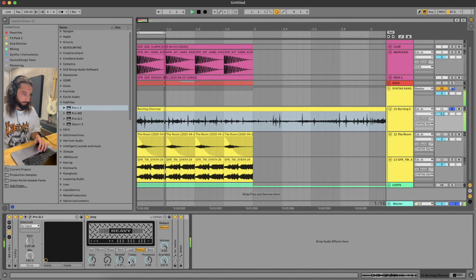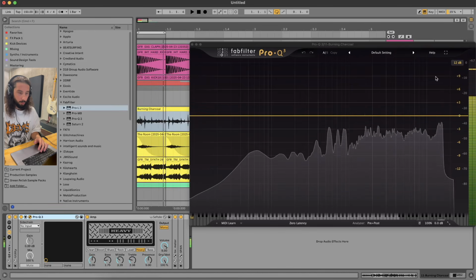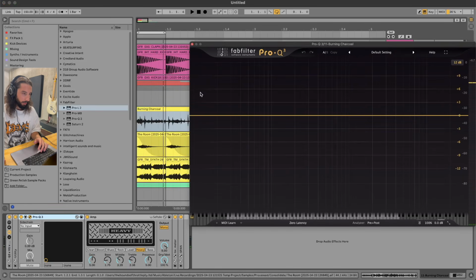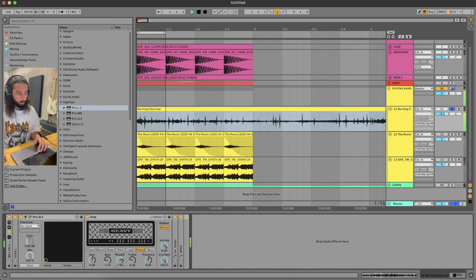Obviously we can, I won't touch Q3, I'll just use the EQ on the amp, but you can see, you know, how many different ways you can take this on top of